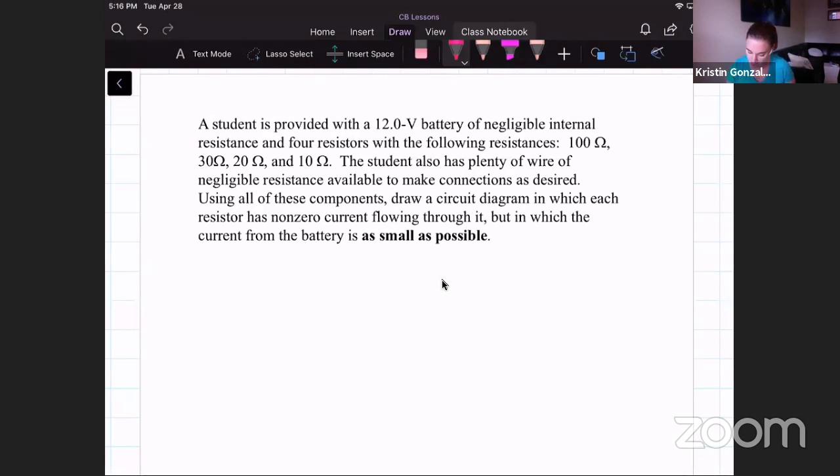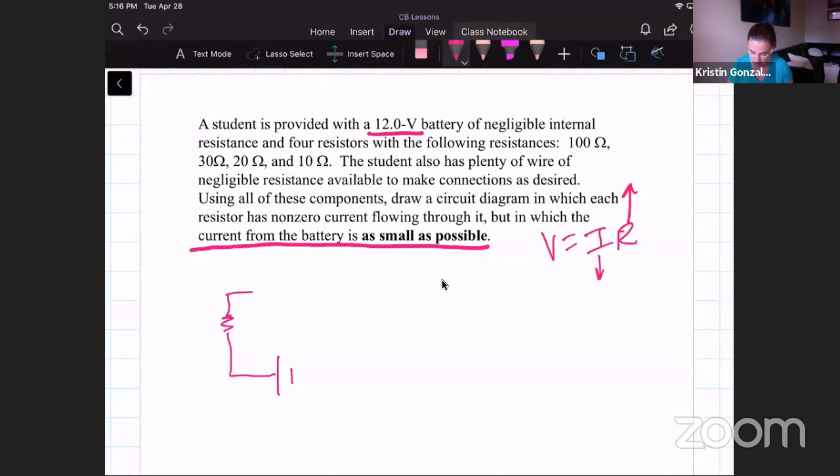So if we want small current from the battery, what do we want to be big? I can't change the potential difference of the battery. So if we look at Ohm's law, if I want the smallest amount of current possible, I want to make sure that I have a very big resistance. So how can we connect our circuit to have a very high resistance? Well, when we're combining resistors in series, remember, we add them all up. So if I add all 4 of these resistors